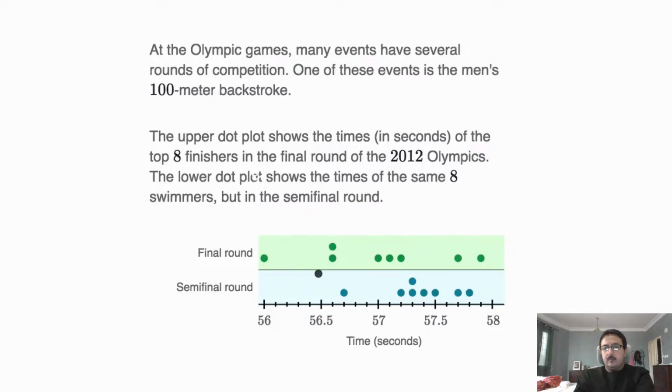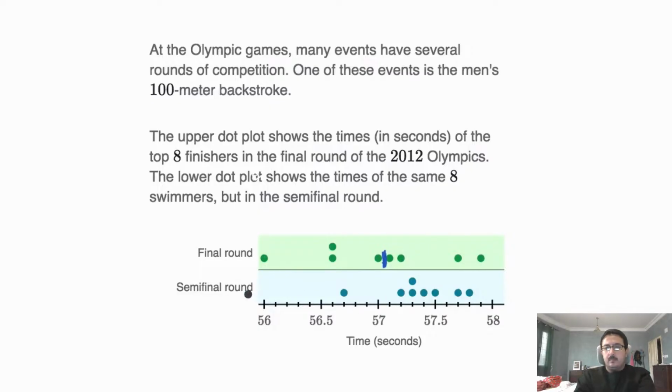So given these distributions, which one has a higher center? Well, once again, here it's a little bit easier to eyeball even what the median might be. The mean, I would probably have to do a little bit more mathematics. But let's say the median, let's see, there's 1, 2, 3, 4, 5, 6, 7, 8 data points. So the median is going to sit between the lower 4 and the upper 4. So the central tendency right over here for the final round looks like it's around